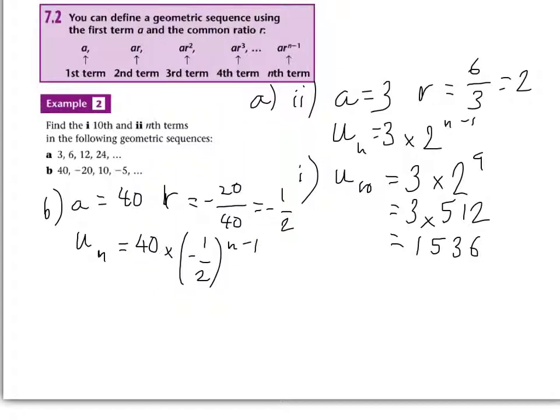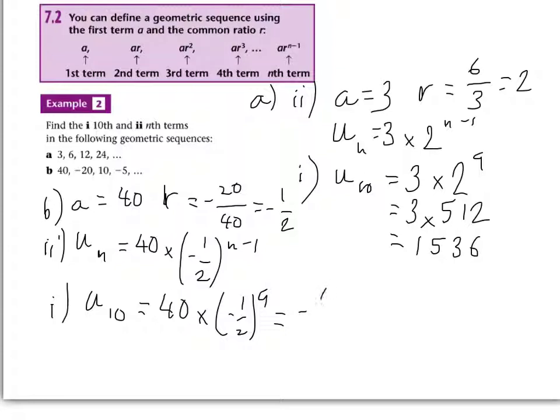So we've done part 2 again. Slightly counterintuitive doing part 2. Now if we look at part 1, we want to find the 10th term. So u10 is going to be 40 times negative a half to the 9. Negative a half to the 9 is going to be minus, because it's an odd power. So it's going to be negative 1 over 512. So we're left with minus 40 over 512, and again you need to use your calculator for this. 40 divided by 512 is going to be negative